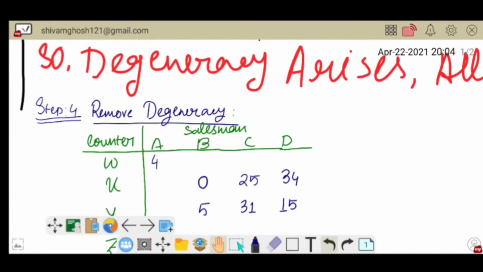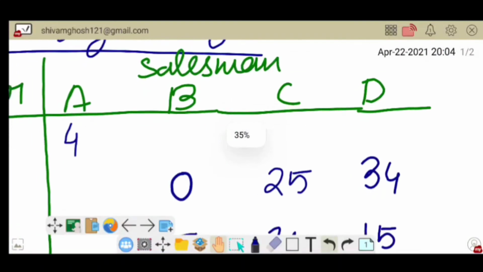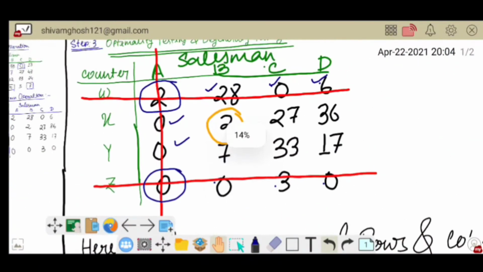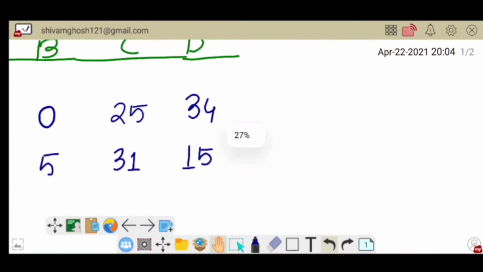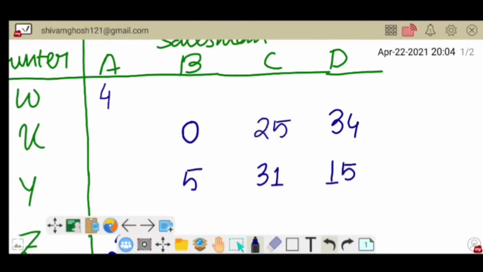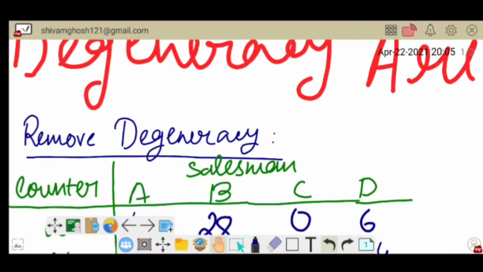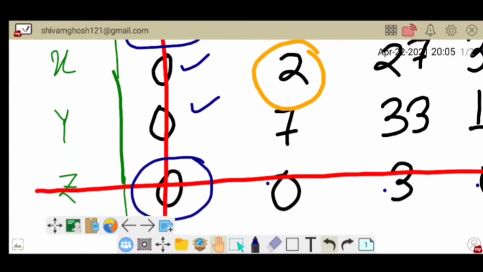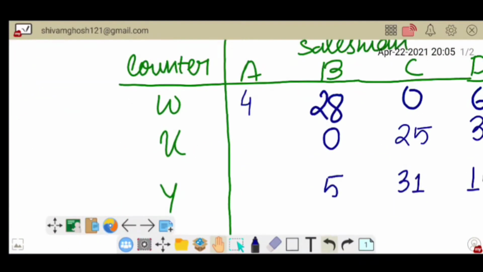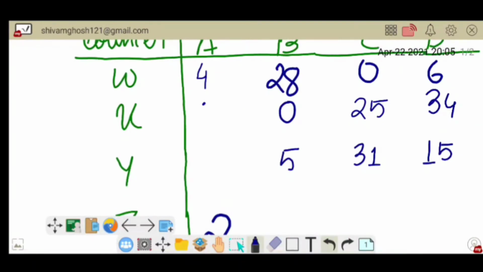So the rest of the crossed elements will remain constant. So we'll write it as 28, that is 2806, so that will be 2806, and the rest is 0 0, x and y, that will be 0 and 0, 0 and 0.